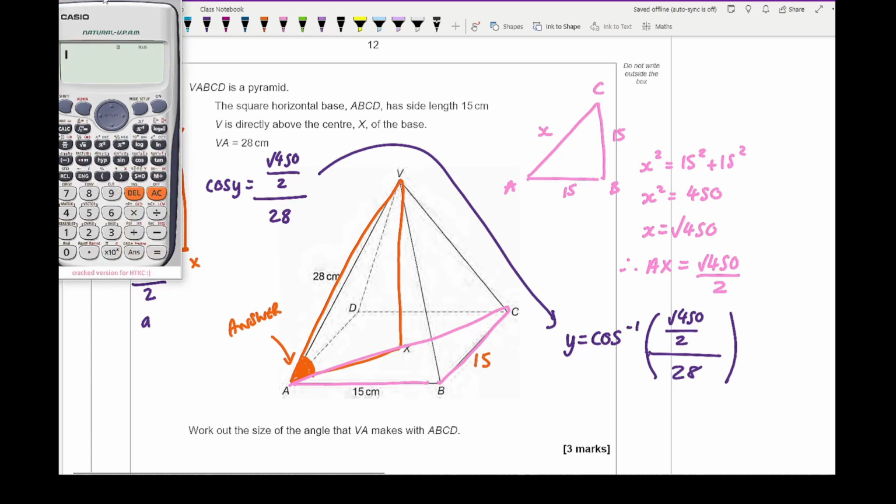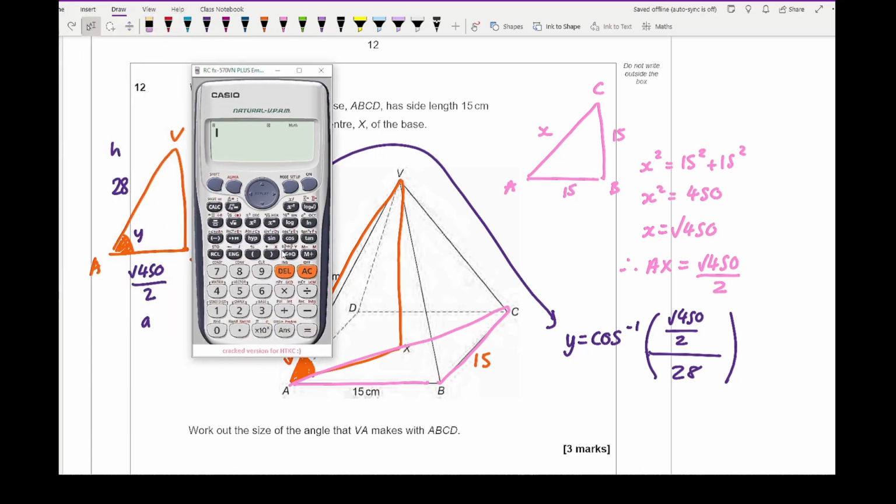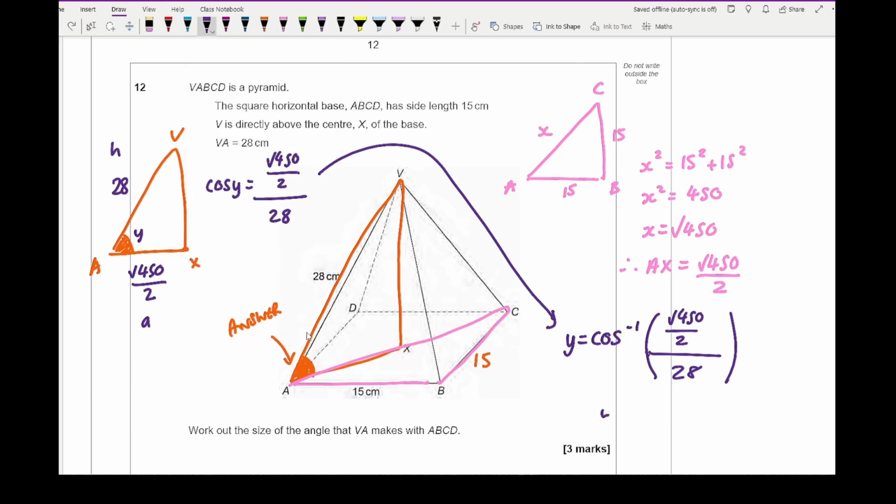And there we go. So we enter first inverse cos. I then open my bracket, and then I set up my fraction. Now I want a fraction at the top, so I press that again. So the numerator is root 450, scroll down, and that's a 2, and then I scroll down again, and that's going to give me 28. Scroll across, and close the bracket, press equals, and I get an answer of y equals, let me just load that up again,